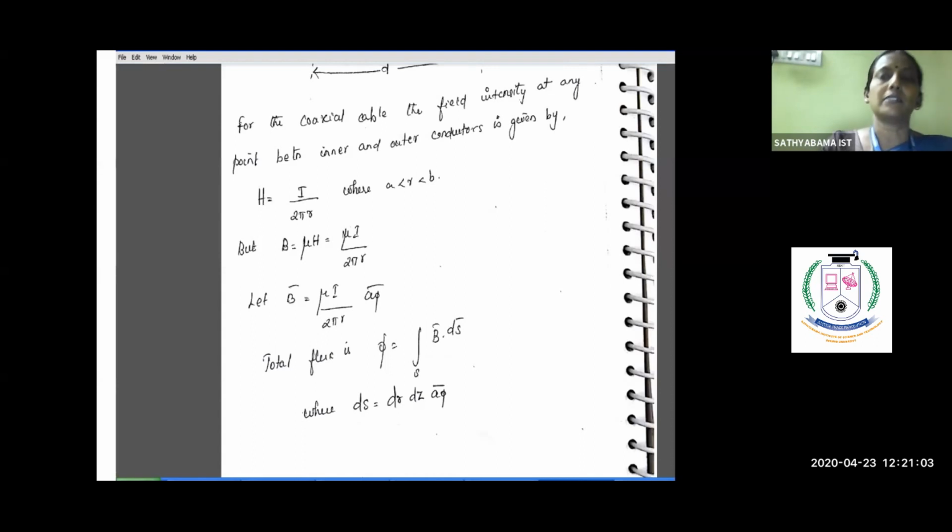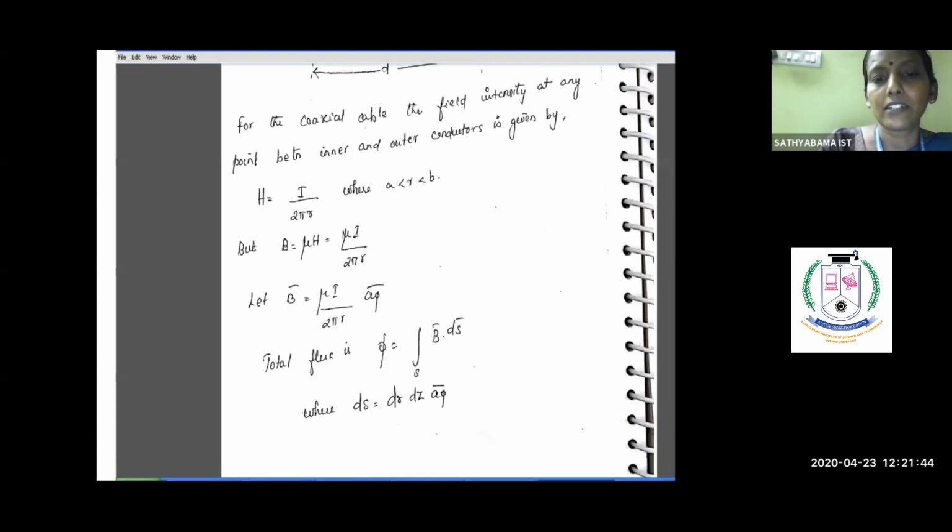And according to your infinite line conductor, which we have derived in the third unit, the magnetic field intensity of a cylindrical conductor H can be written as I by 2 pi R, where R represents the radius here, which is greater than a, less than b here. And the relation between B and H is B is equal to mu into H. So B can be written as mu I by 2 pi R. And we all know that your flux density is going to be concentric in nature, so I am taking the unit vector as a phi vector here.